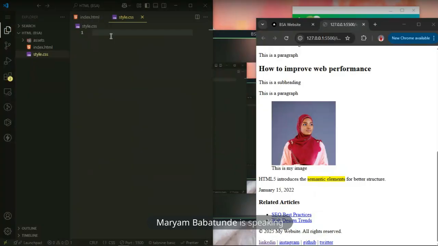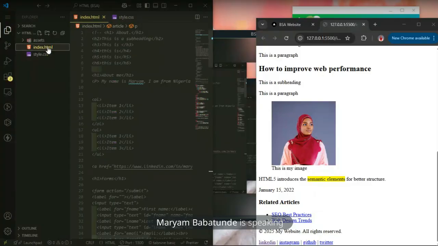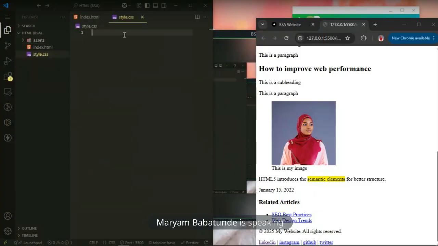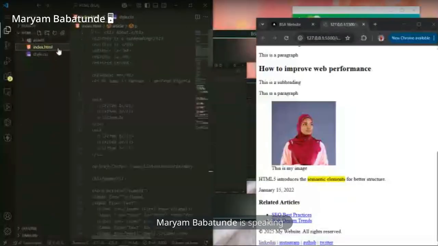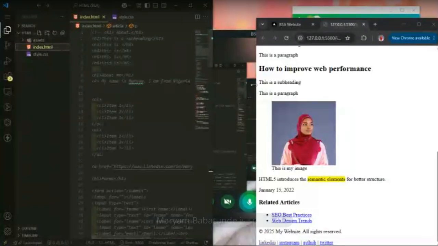So now how do we link the CSS with the HTML? That is what we are talking about now, because no matter what styling you have here, if it is not linked with your HTML, it will not take any effect. It will not take any single effect. So we'll need to